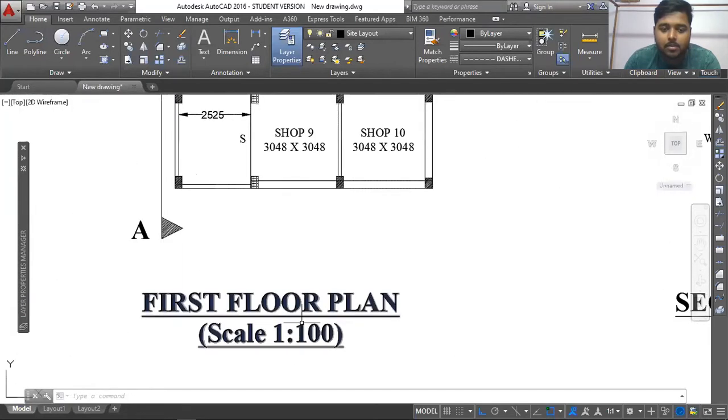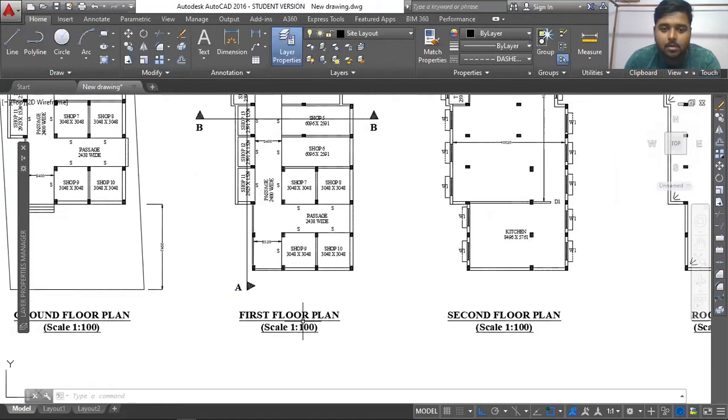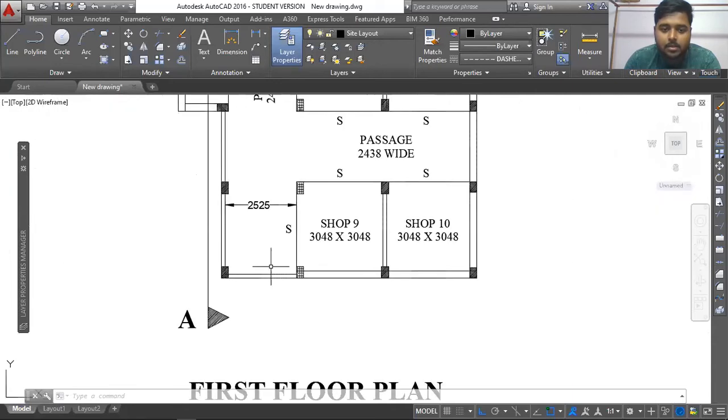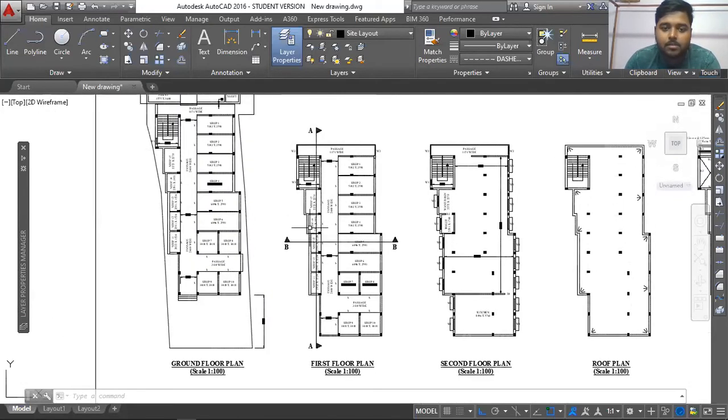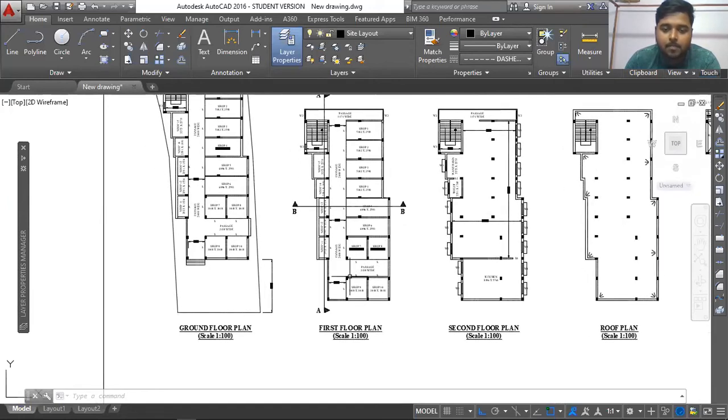Your scale represents the ratio of the drawing to the actual existing structure or the structure that is going to be built, right? So for example, this is a floor plan, typical floor plan of a commercial place.